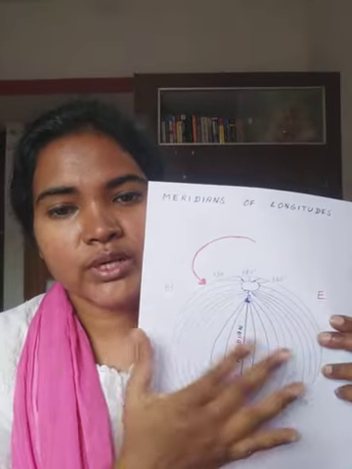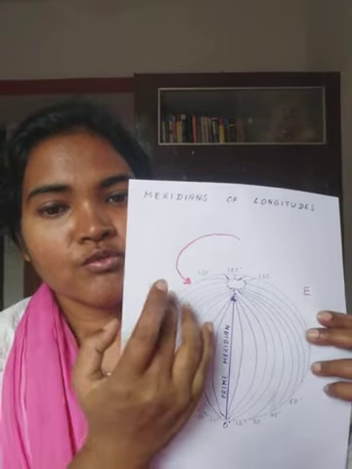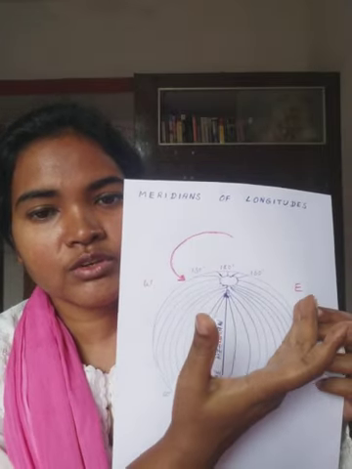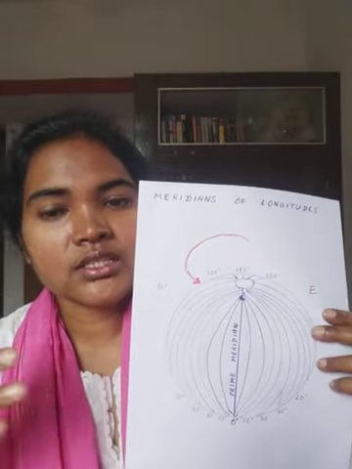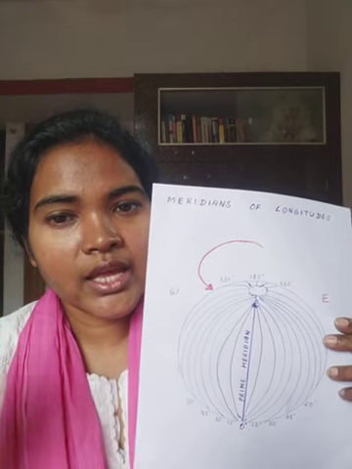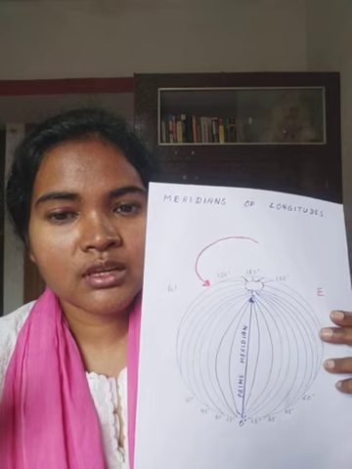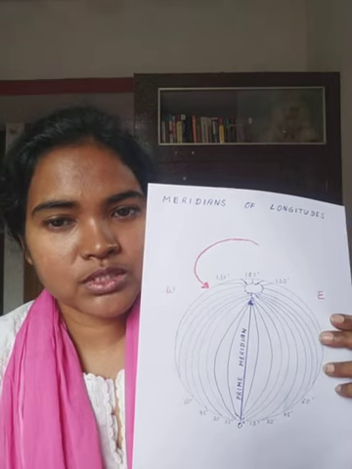Now we'll see the effects of rotation. First of all, because of rotation, we see sun moving from east to west. Earth moves from west to east, so we see the sun and other stars to be moving from east to west. Just as you travel in a train and you see from the window, all the stationary objects outside seem to be moving in opposite direction.